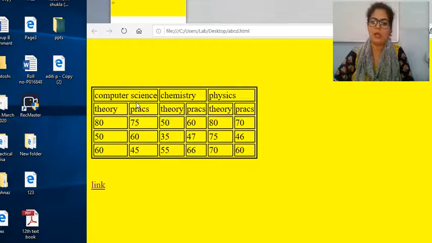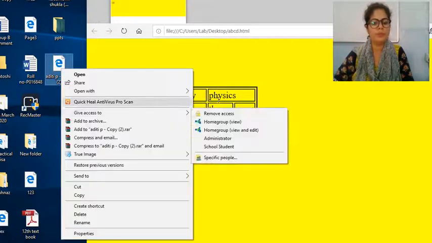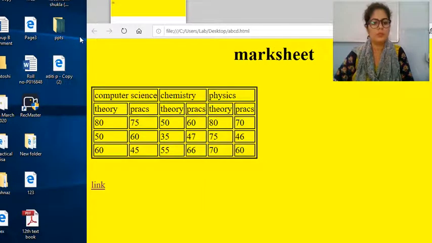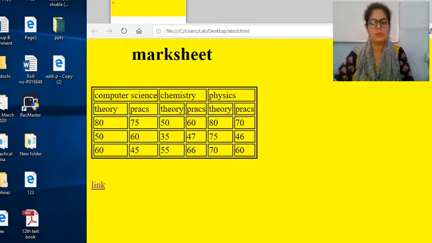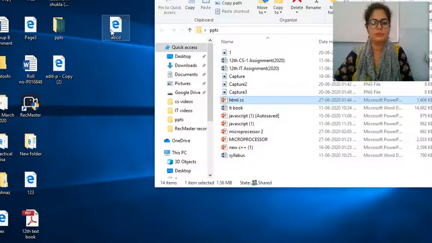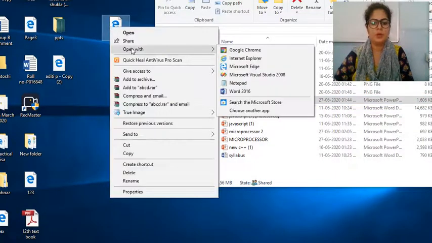We can apply colspan on the first row, on these two columns, then on these 2 columns, and for the third, physics, we again have to apply colspan for these 2 columns. So we will see how we have to write the code for this.